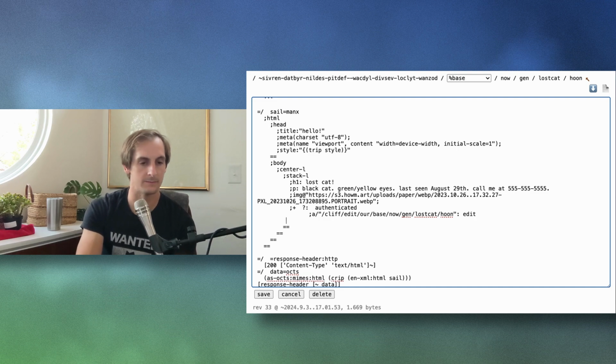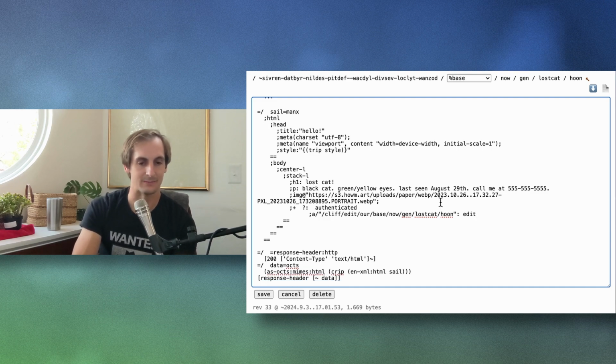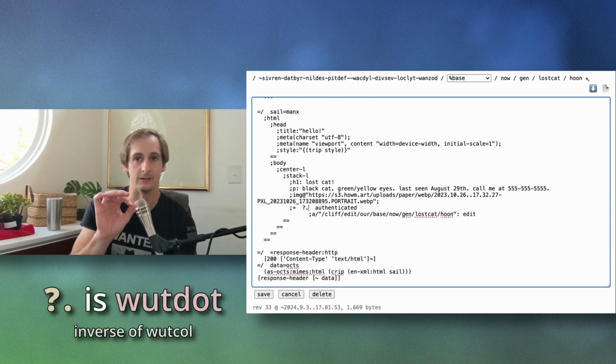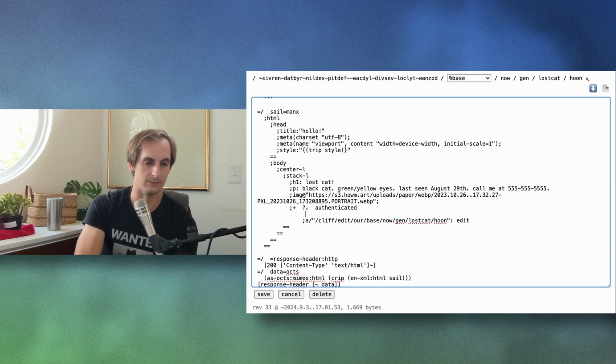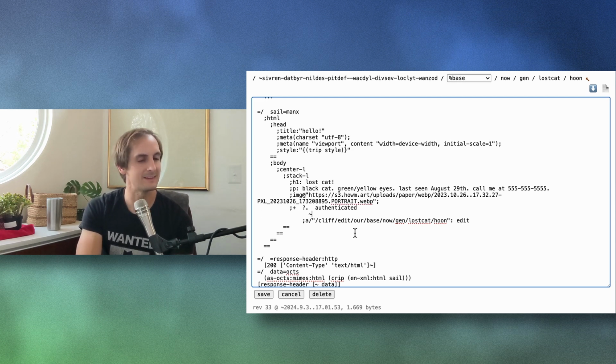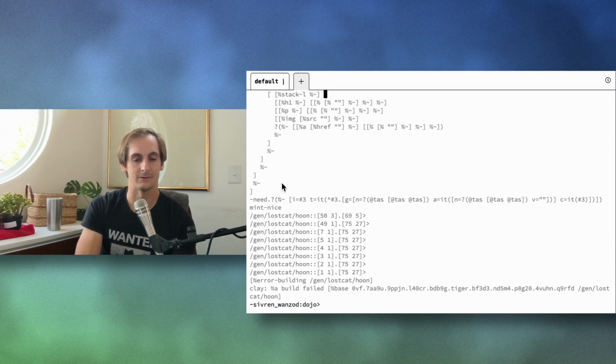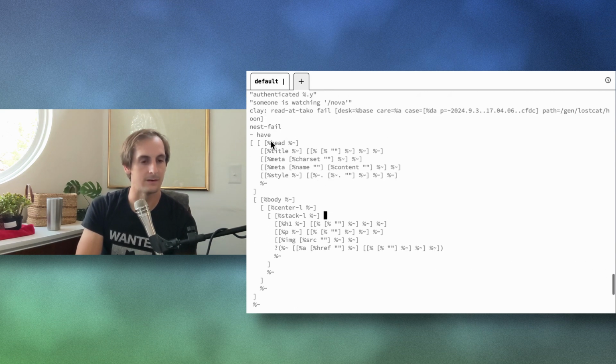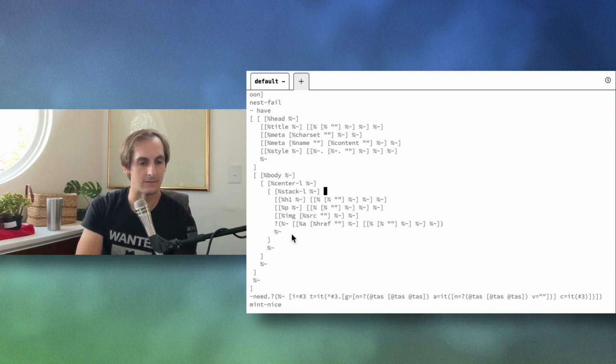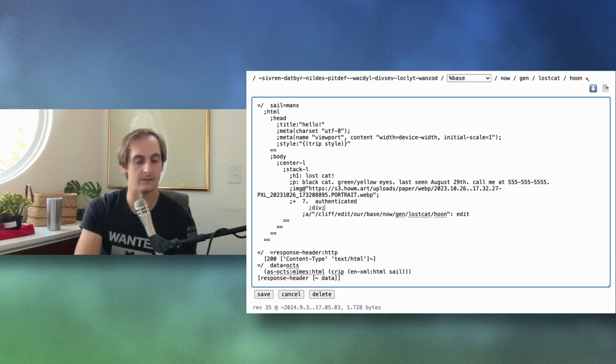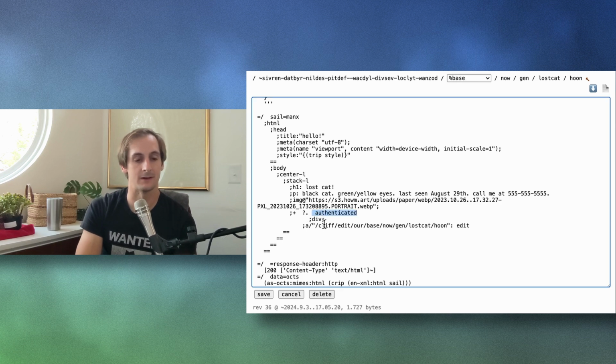If it's not true, actually, I think I want to reverse it. Sorry, I'm going to be a good Hooner here. This is actually going to tell me to do the opposite. So if authentication is false, do this, which is, can I produce nothing? Is that going to be fine? If authentication is false, produce nothing. If it's true, produce this link. Let's see what happens. Yeah, I wasn't happy with that. Nest fail. I have all this head stuff, and I have this, or produce an empty div. There we go. Okay, now we have this nice little branch. Depending on authentication, either give a little bit of nothing or a link.